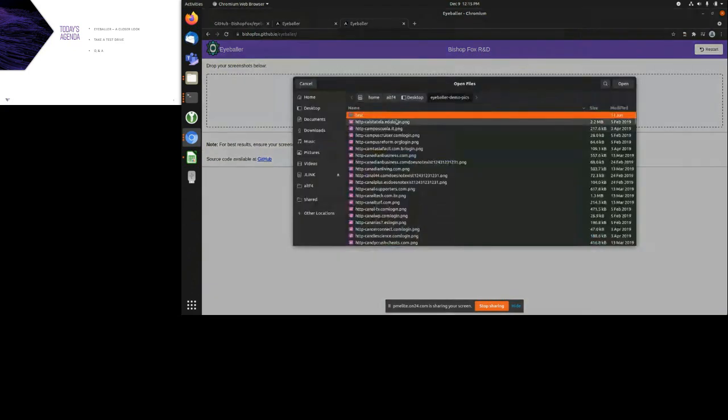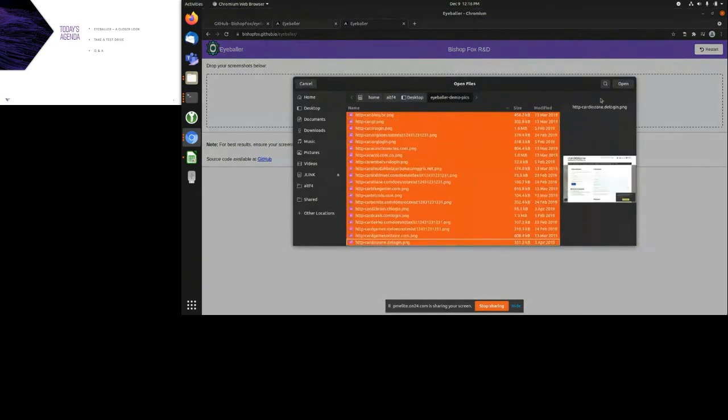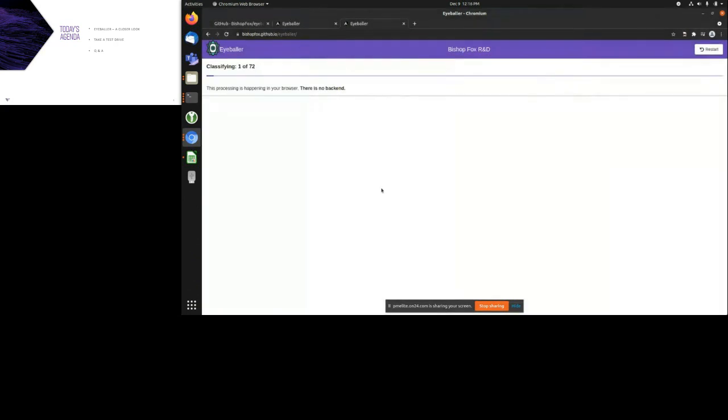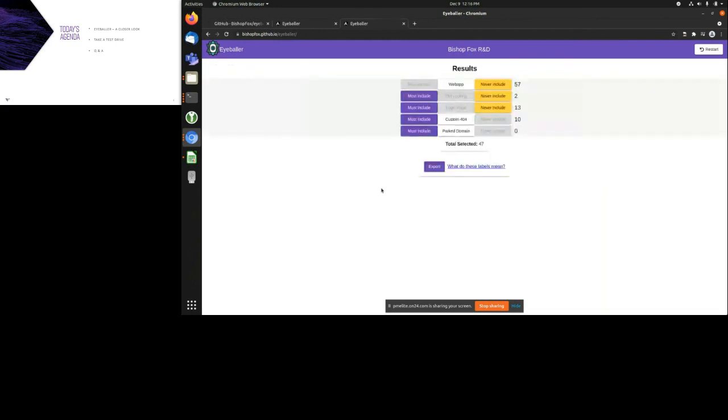So we just click on here. We can select a couple of screenshots to upload. I say upload, but importantly, as the text says here, there's no backend. The way this works is it's entirely static HTML and JavaScript, so all the processing is happening in your browser. It's not being sent to a Bishop Fox server or anything like that for analysis. The whole point behind Eyeballer is that you're supposed to be using it on sensitive data, right, on client data. So it would be pretty useless if, in order to use it, you had to ship all of your data out to a Bishop Fox server.